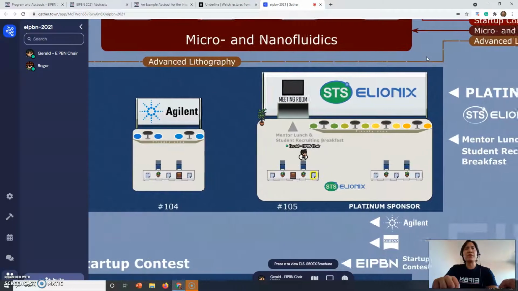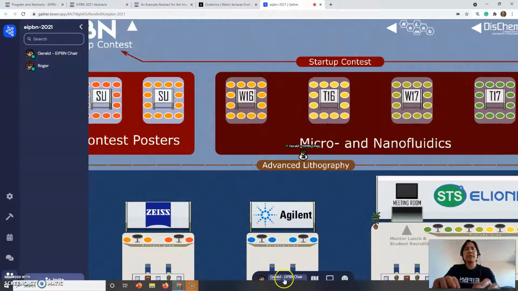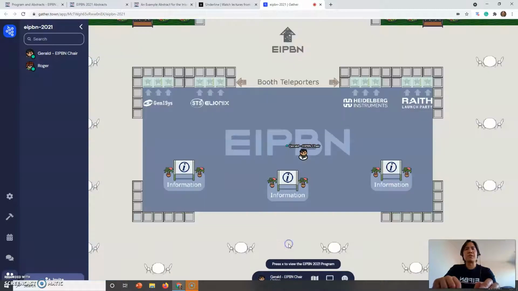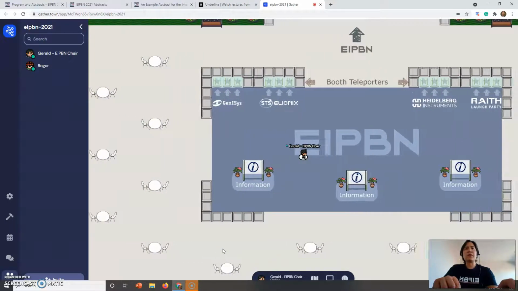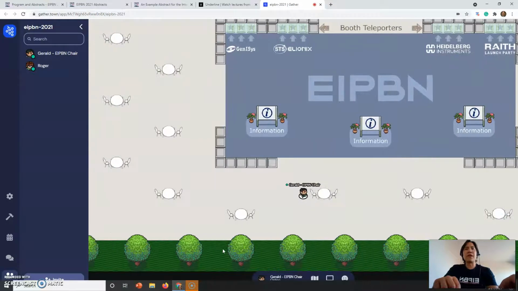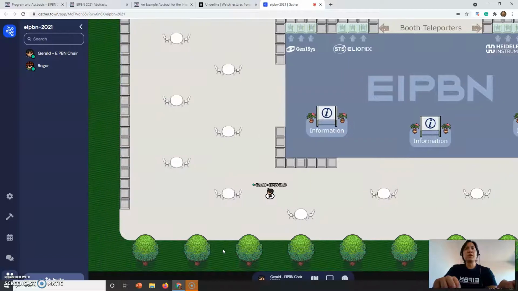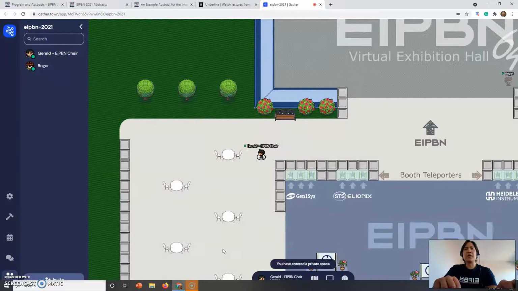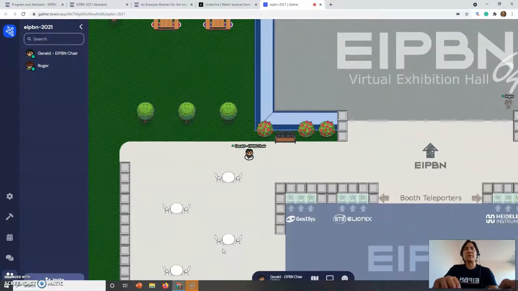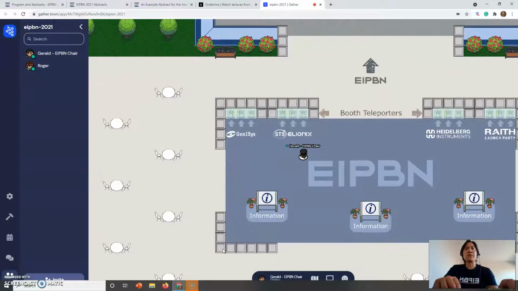Now, at any time that you think you get lost, you can always reset your location. And that's done by just clicking on your name here and saying reset position. And that takes you right back to where you started. One of the nice things about this is that in this garden area, you actually have the ability to have private conversations one-on-one with other individuals. Now we've expanded that to benches over here, and there's some more benches in the back over there for a group of 6.